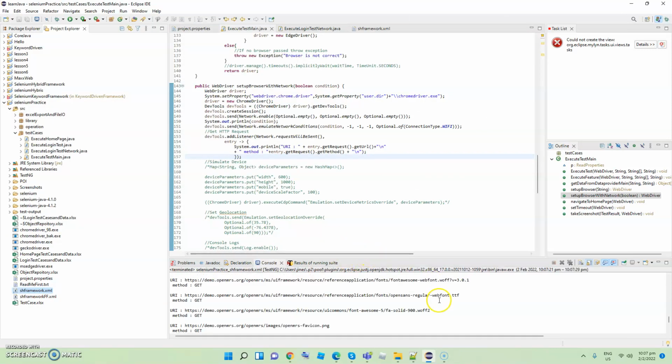Yeah. So if I scroll, you can see all the URIs and the GET method are captured. So that's how we use HTTP request capturing, by adding a listener and adding the URIs or methods we want to capture. So that's one more feature of DevTools. If I comment that back again,